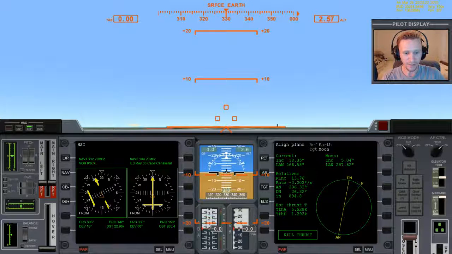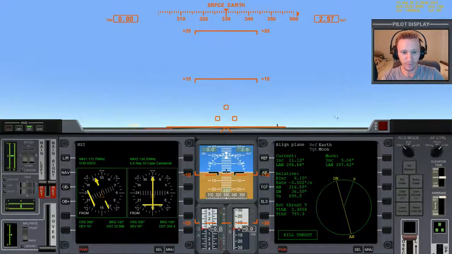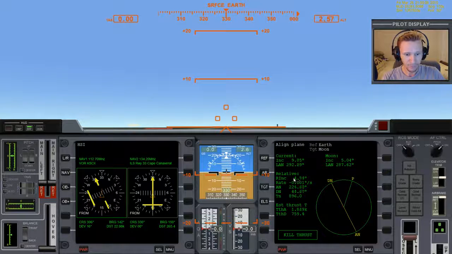But on this particular launch date, we can get down to, I believe, 5 point something. And on other launch dates, it will be higher than that. There will be some launch dates where the best relative inclination you'll be able to get will be something like 7 degrees, maybe even 8. But we can see here it's still coming down. And again, we know that it's coming down because the rate is showing negative